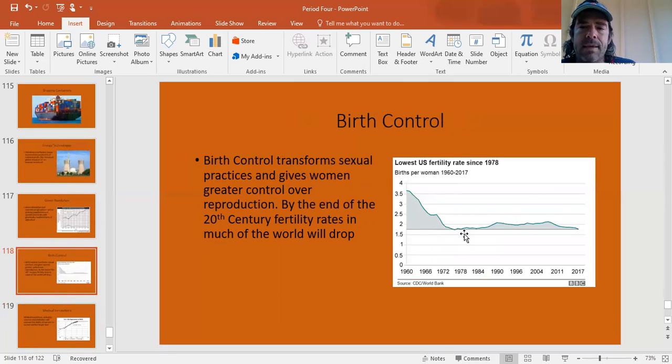Birth control is going to radically change things. Some people argue the invention of birth control is one of the most influential and paradigm changing innovations in world history, because fundamentally, more so than anything that's happened in the previous 9,000 years, it's changing the role of women. Birth control transforms sexual practices and it gives women greater control over their reproduction. What's happened with that is, by being able to control reproduction, women are allowed to have their own plans,